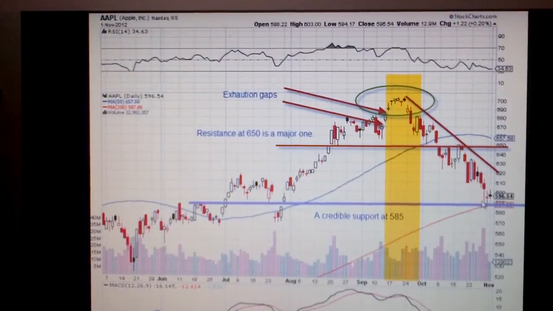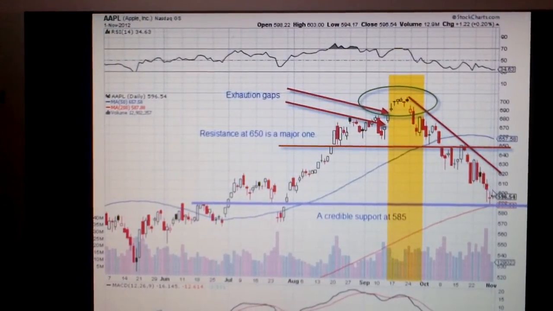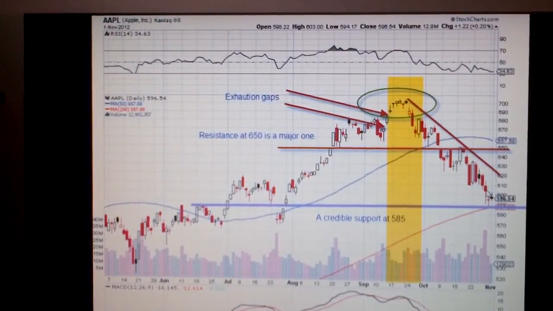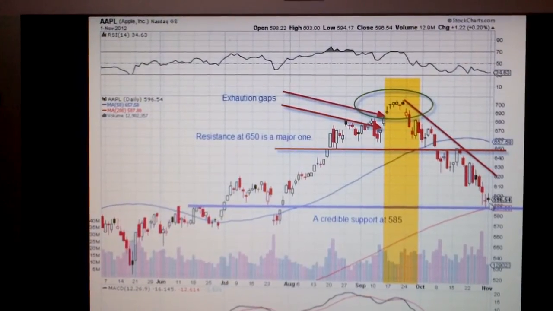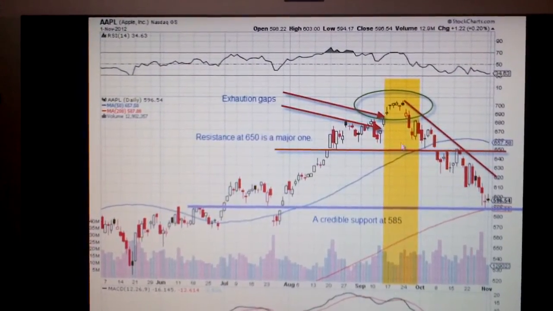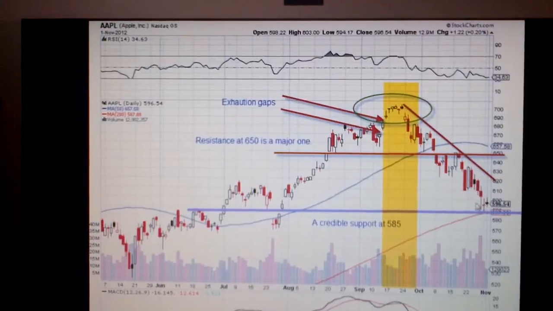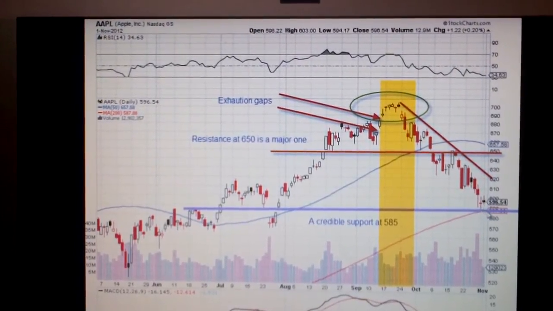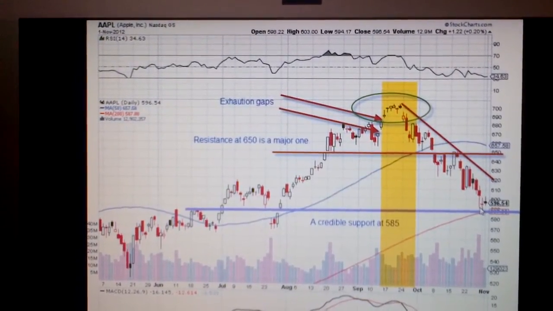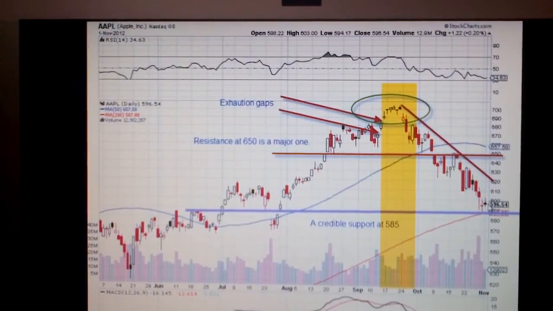Now what we are finding here is an accumulation. There was a hammer pattern here, then there was a doji, and on 2nd of November very low volumes. That means the selling pressure has really weaned away, and stock prices can take support at the 585, 587 level and can move still up to